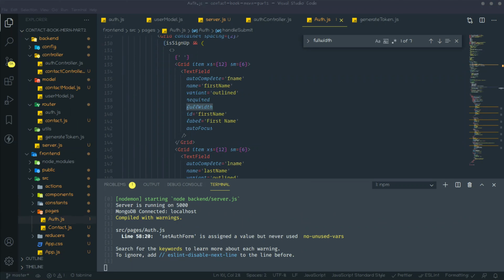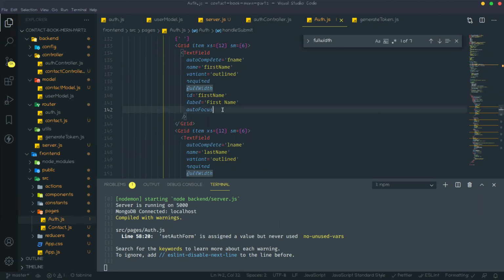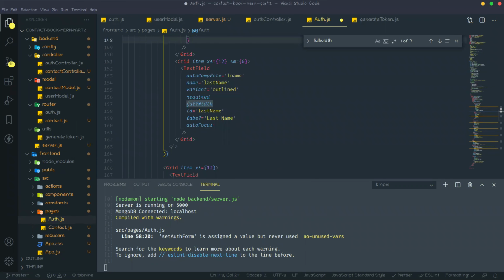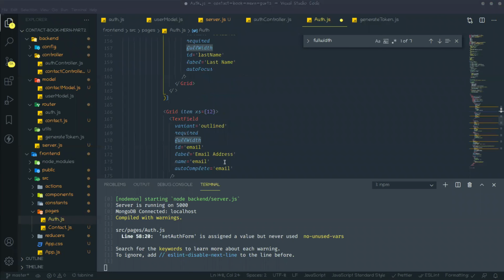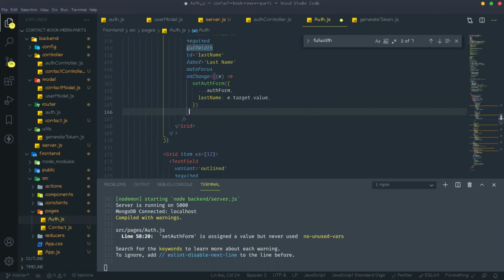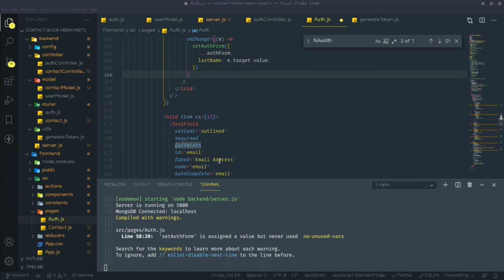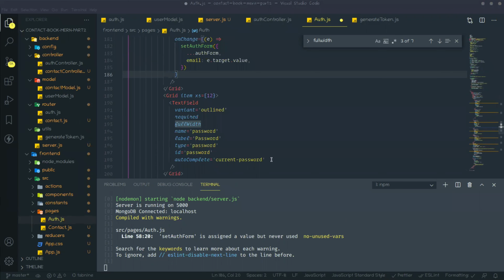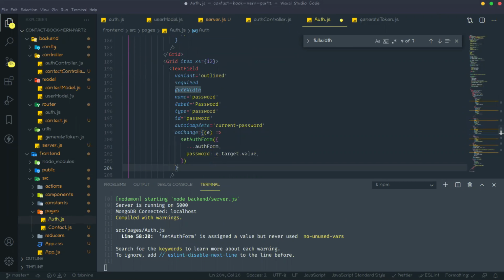So setAuthForm for first name, next for last name, next for email, then password, and confirm password.